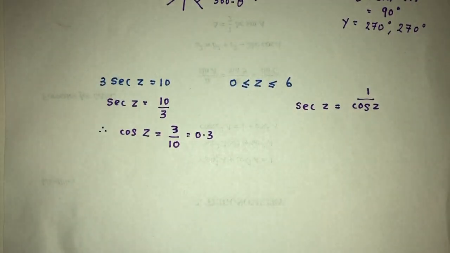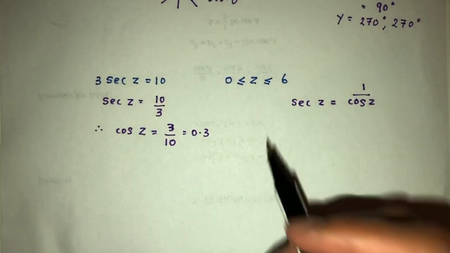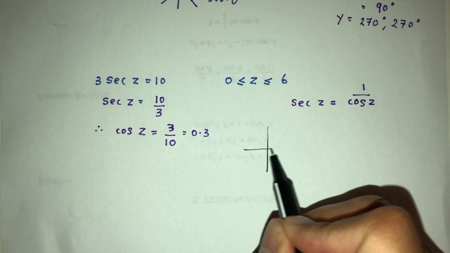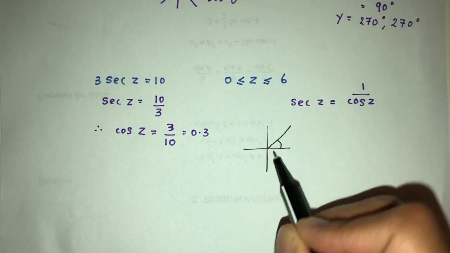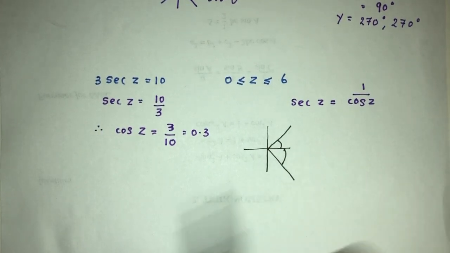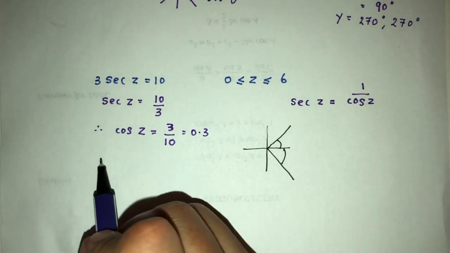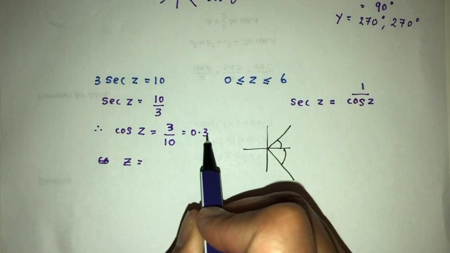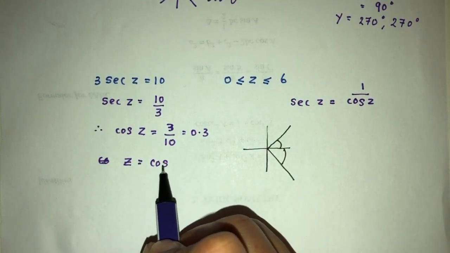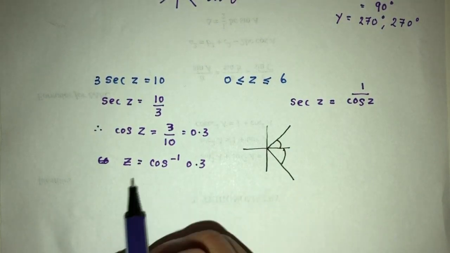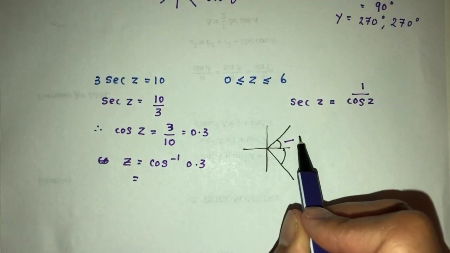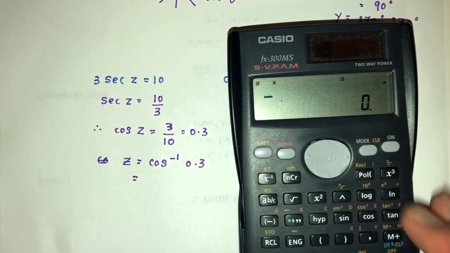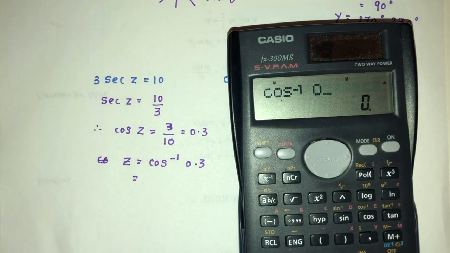Now as you can see, cos is positive here, so it will be in my first quadrant and in my fourth quadrant. Okay, so here we have cos of z. Because it is positive, we can find the value directly. It will be cos inverse of 0.3. That will be the first value here. So cos inverse, so we have to use radians, of 0.3, that will be